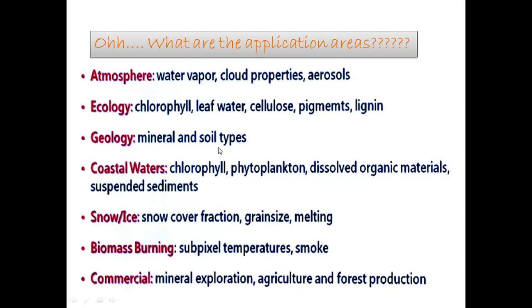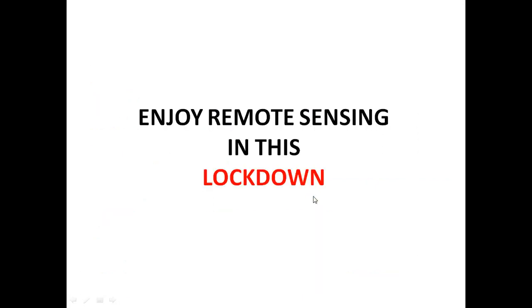So these are the basic application areas of the hyperspectral image database. You can get this kind of thing from any books. That is the introductory portion of the hyperspectral imaging system or the hyperspectral remote sensing system. And in the next video, I will provide you the processing steps of the hyperspectral imaging system or the hyperspectral image data band.